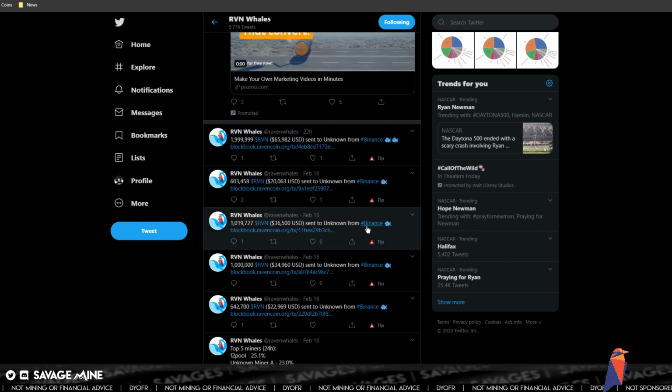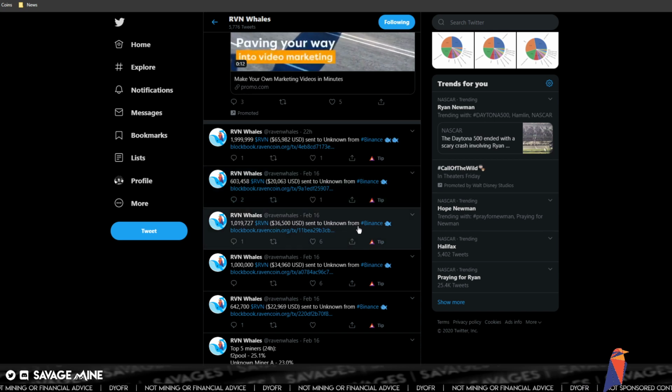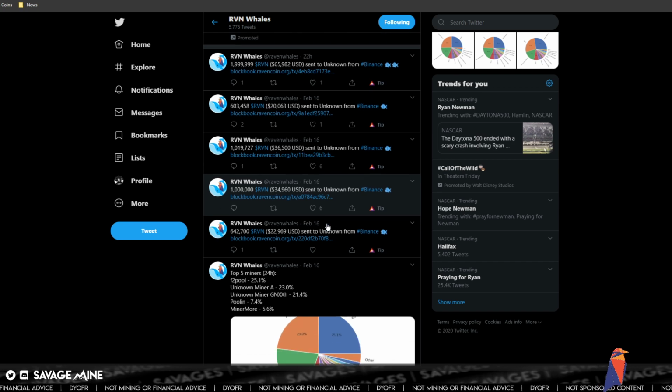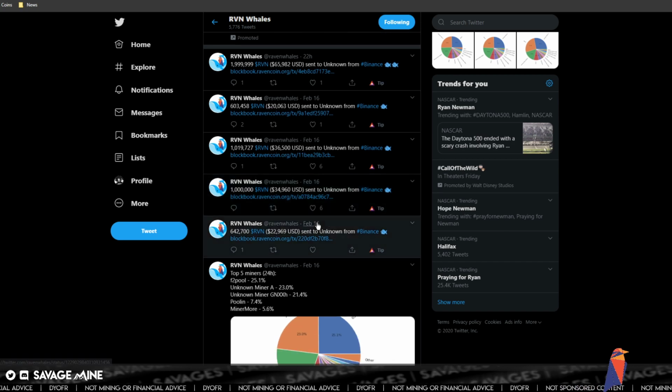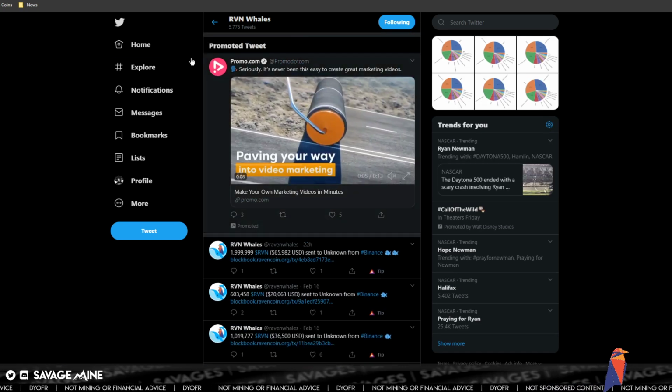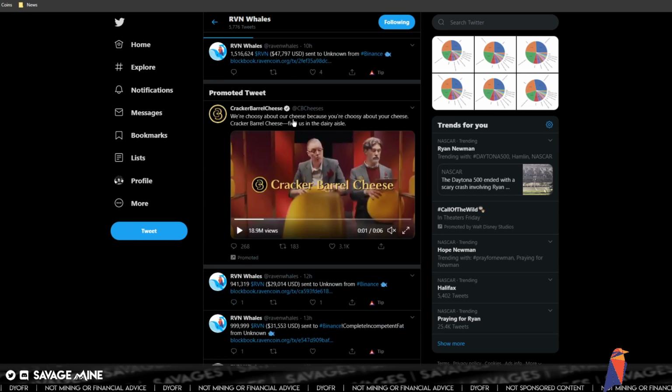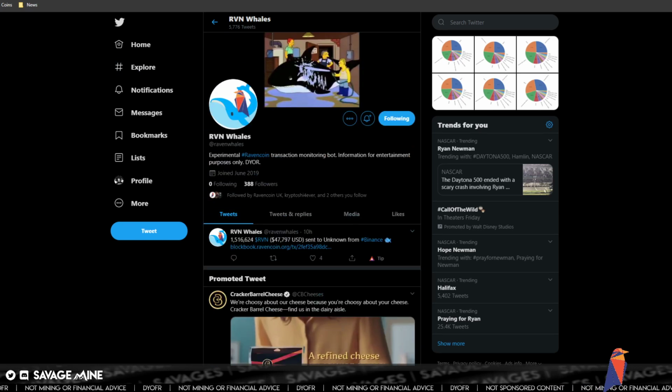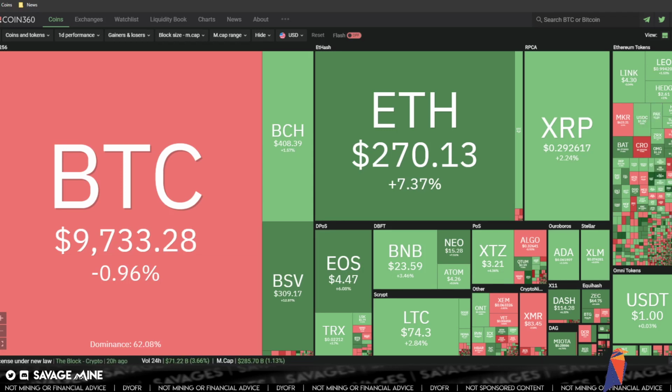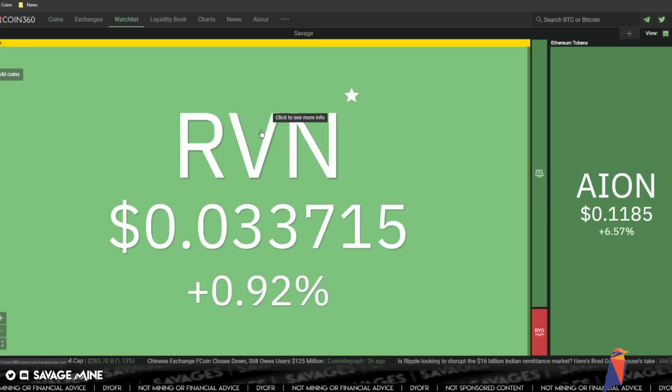If you see large amounts coming from Binance to an unknown address, that's interesting, because it means they're probably not selling. Which means you should potentially see the value of Raven go up, because there's less available supply for purchasing.